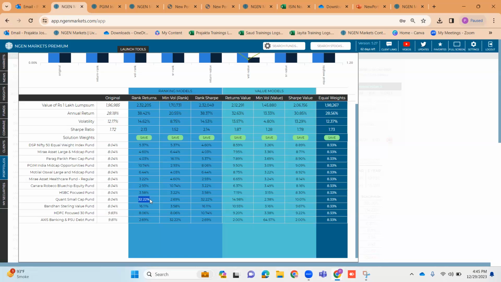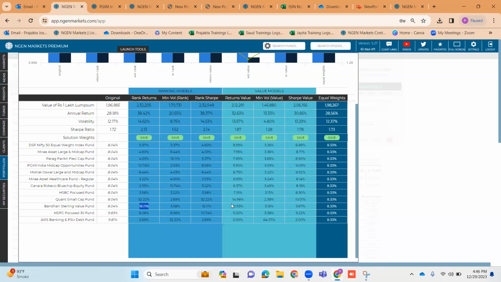नंबर 1। ओके, अभी सेकंड हाईएस्ट रिटर्न एलोकेशन किसको है, तो बंधन स्टर्लिंग वैल्यू को है, विच इज द एलोकेशन ऑफ 16%, विच इज एग्जैक्टली हाफ ऑफ 32, राइट। अभी दैट मीन्स बंधन स्टर्लिंग वैल्यू का रैंक नंबर 2 होगा विथ रिस्पेक्ट टू रिटर्न्स, ठीक है। अभी ये रैंकिंग रिटर्न्स मॉडल ये कंसिडर नहीं करेगा कि क्वांट का लेट्स से रिटर्न होगा 20% और बंधन स्टर्लिंग वैल्यू करेगा 19.5%, तो दोनों के रिटर्न के एक्चुअल डिफरेंस में सिर्फ 0.5% का डिफरेंस है, लेकिन एलोकेशन में देखिए क्लोज टू हाफ, मतलब 15% का डिफरेंस है, राइट। तो ये रैंकिंग मॉडल्स वो टेक इनटू कंसिडरेशन नहीं करेगा, एकदम कॉन्सेंट्रेटेड ऑल एग्स इन वन बास्केट वाला अप्रोच करेगा फॉलो।